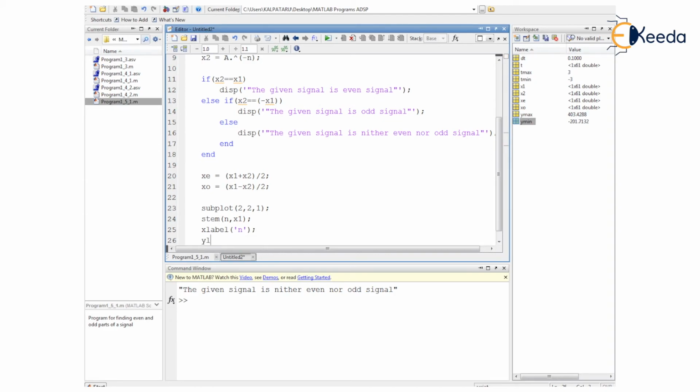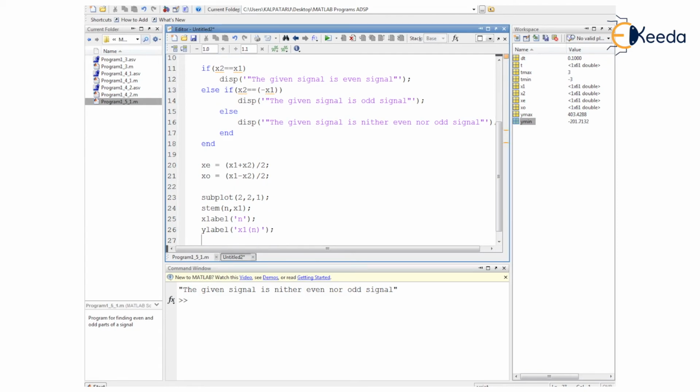Now the next axis, here we have the y axis. There it is the command ylabel, and inside the parenthesis there is a pair of single quotes where we shall be mentioning x1 of n. x1 of n is the discrete time symbolic representation here.